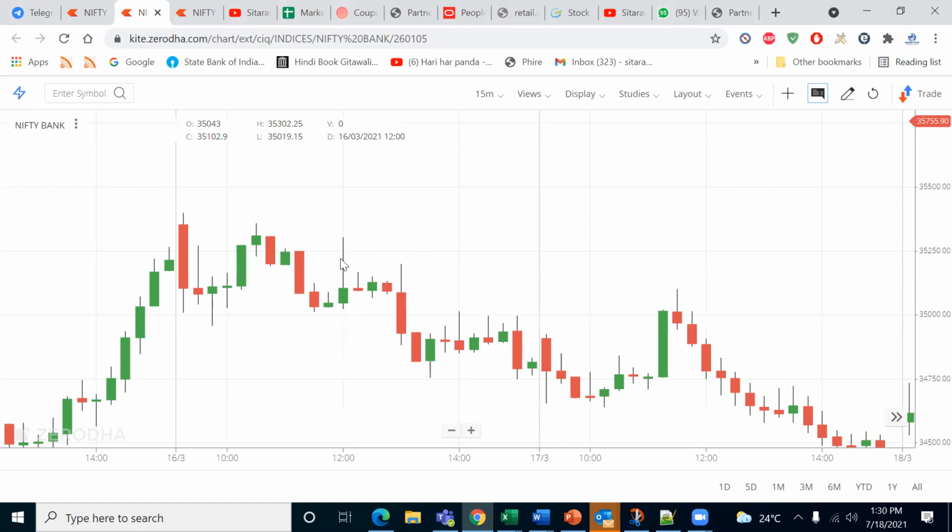Call stop loss happened here. The call's second entry stop loss happened. Market moved down, then again the market reversed. So call stop loss hit 2 times. And when the market goes down and down more and more,